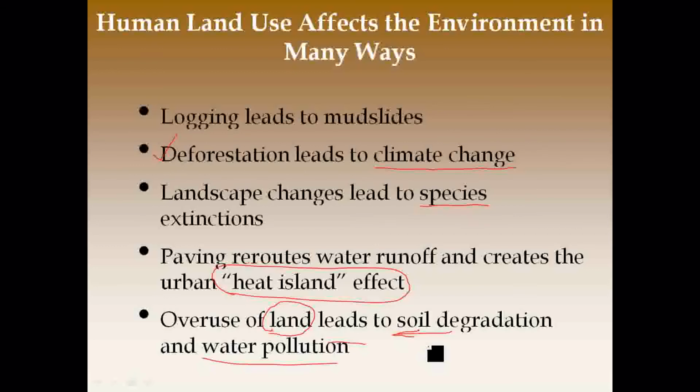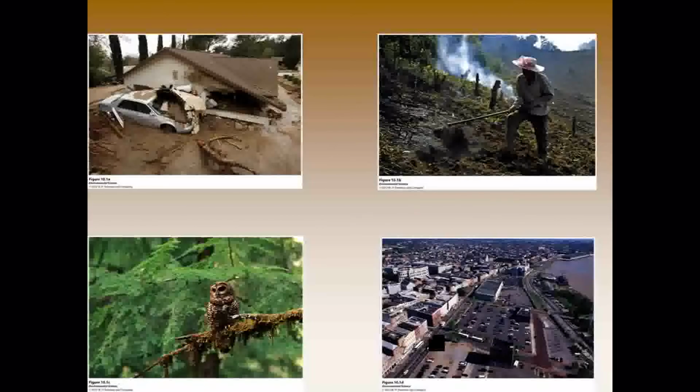There are some pictures of such things on page 263 in your book. Here's a picture of a mudslide, and you can see this house has been decimated. I think you've seen some pretty good pictures of mudslide devastation over the past couple of years, if you just pay attention to the news. In this picture here, we see land being degraded due to shifting agriculture. The idea is these are people that are burning down and deforesting areas so that they can try to grow crops there.